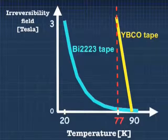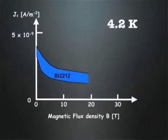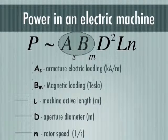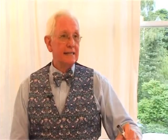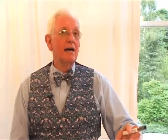The electric loading essentially is limited by the current density in the wires, and the magnetic loading is given by saturation flux density of magnetic components. In the case of high temperature superconductivity, there is a possibility of increasing at least one or possibly even both of them. Certainly the electric loading can be increased significantly because of the current densities which may be achieved in such superconductors. From the point of view of practical applications, this is the critical current density. One employs superconductors in devices and machines because of this possibility of current densities some 10 to 100 times higher than would be possible